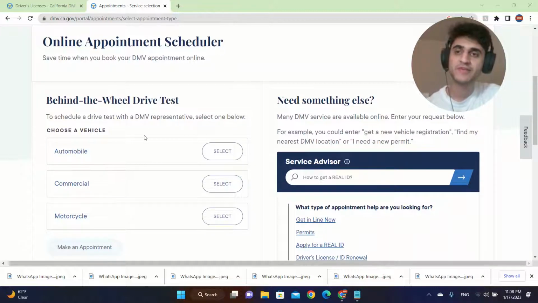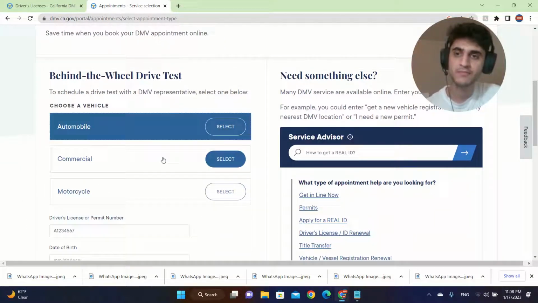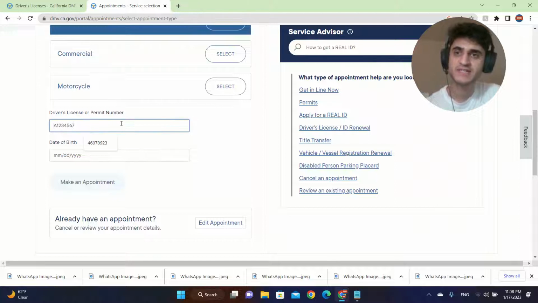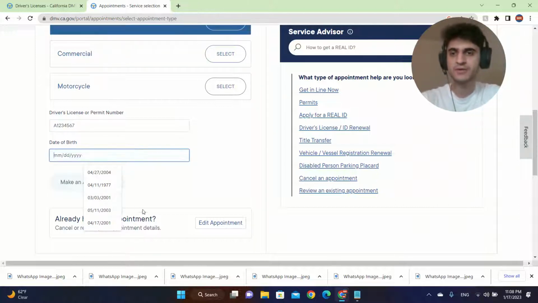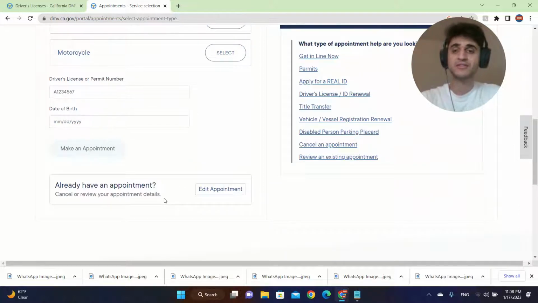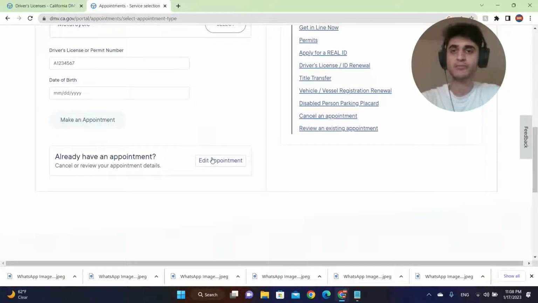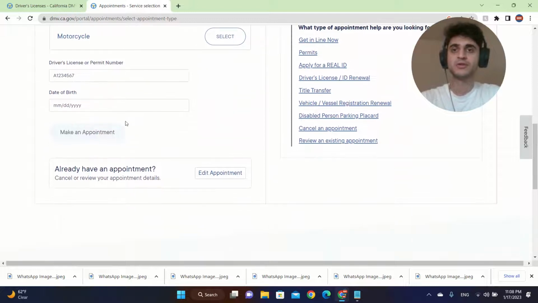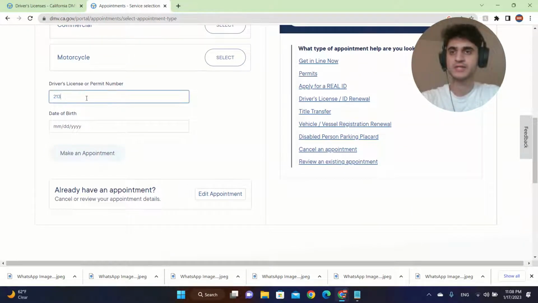So to get your appointment, you go to this website and you choose your vehicle, automobile, and you put your driver's license or permit number. If you don't have it, leave it blank, and you put your number and your date of birth and you press make an appointment. And after you make an appointment, you're going to get an